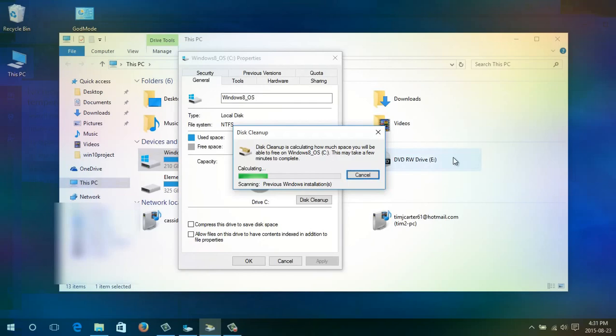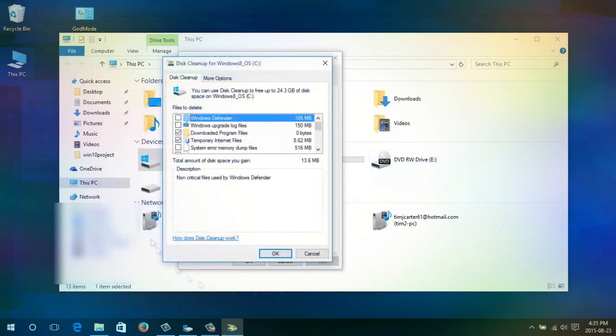Okay, so right now it's scanning previous Windows installations, which is what we want. So we just have to wait for it to finish. Okay, so that is done going through there. You'll see all the different things here. So we have Windows upgrade log files. We have system error memory dump files. We saw that in the last one, but if we roll down here,